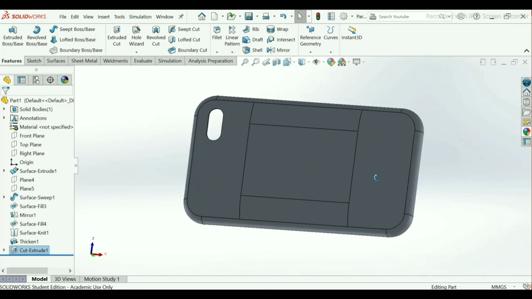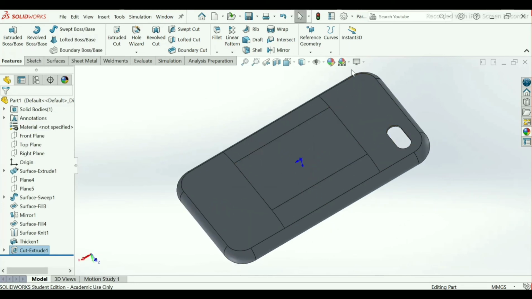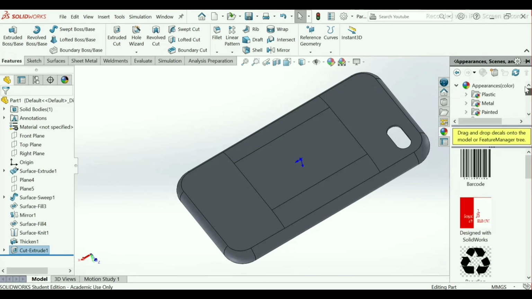Now if you want to give any appearances, you can give as per your choice. So I will go to appearances. Choose here pattern.